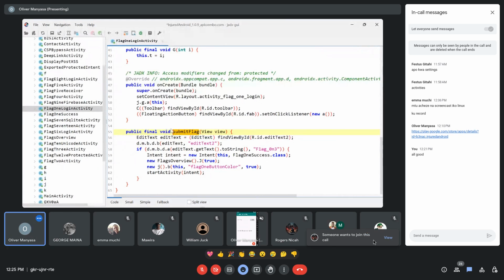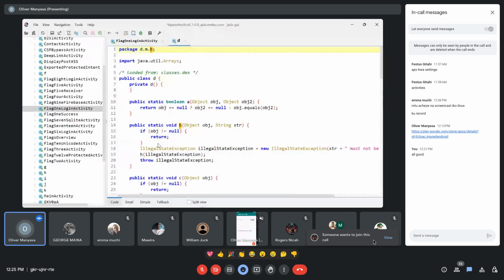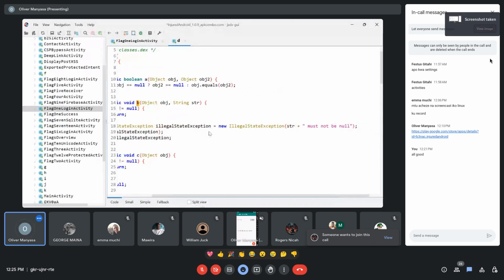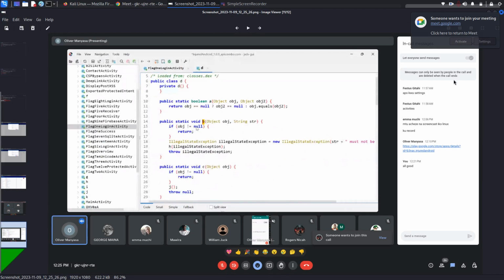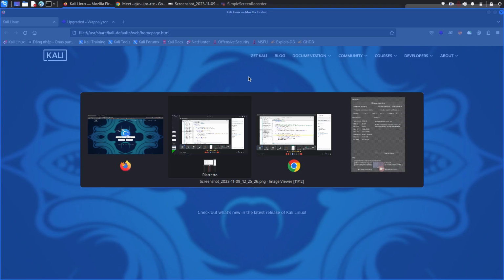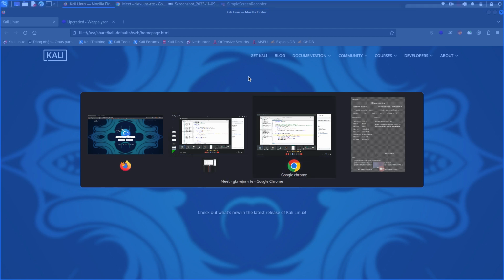Then I guess this is another implementation. You can just hold control and click on this to see what it does. It returns a void, I think. Oh, this one checks if the value on the edit text is null, because as you can see, it tells you must not be null. So it checks if you've not inputted anything. Then it goes ahead if